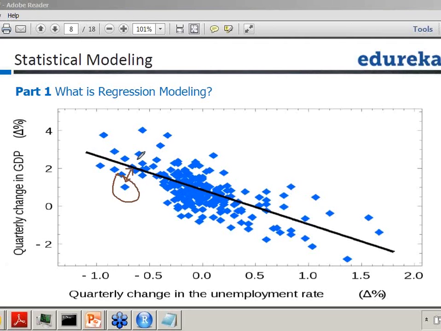It is at a certain distance from this line. That means you are saying all these blue points are exhibiting a linear model such as this line, whereas in reality they are not exhibiting that model. They have certain error there. For example, this point has some error, this point has some error. That is the distance between your actual value and the predicted value, right? The whole goal of modeling, whether it is regression modeling, logistic modeling, whatever it is, is to try to minimize this error, to try to minimize this distance.